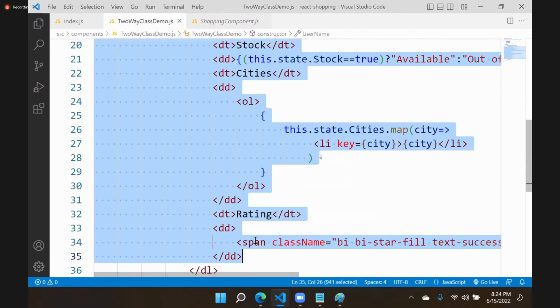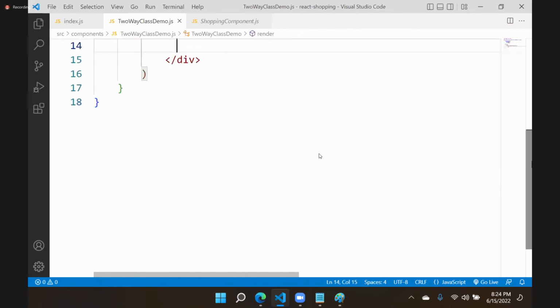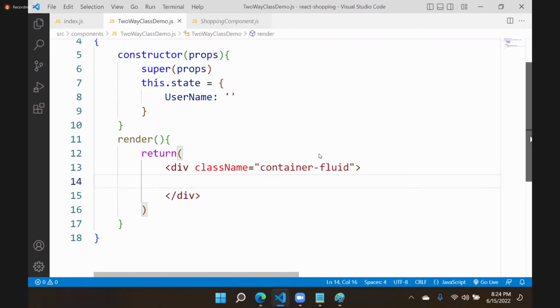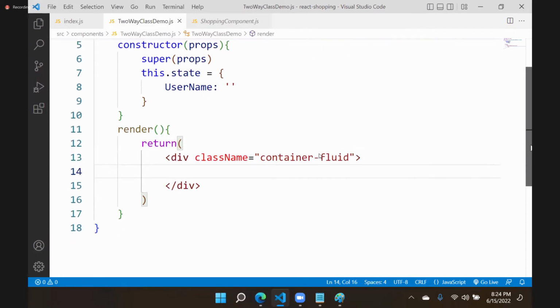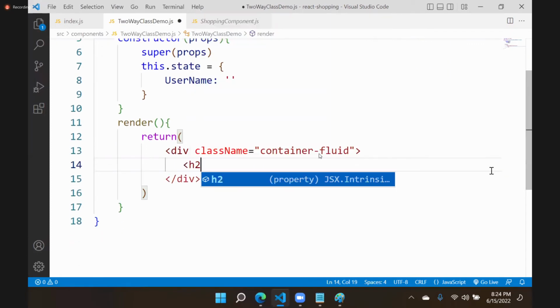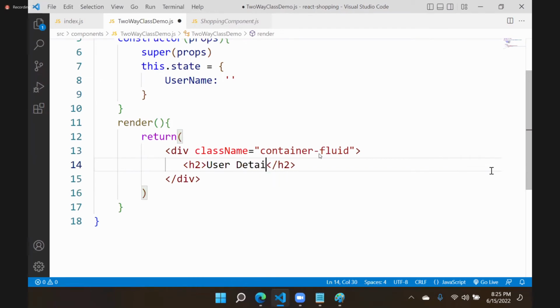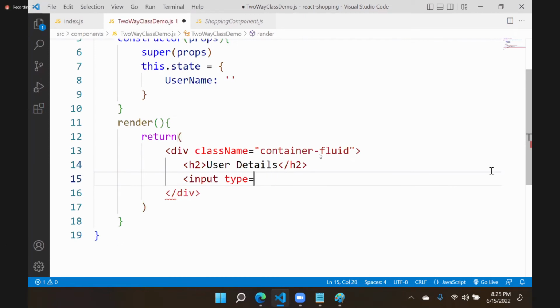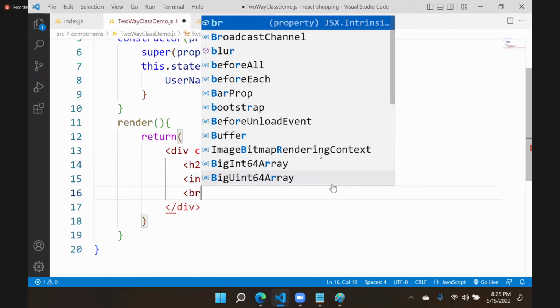So here I will just put a simple header. I will clean up all this, and here I am defining a simple one. So here this is username, right? What we will do is put a heading, user details. Then I will put a text box, input type is equal to text, and in this I want to display the username. Whatever username is typed, I have to update into the state. First I need to get the username and display. I will just put a line break,